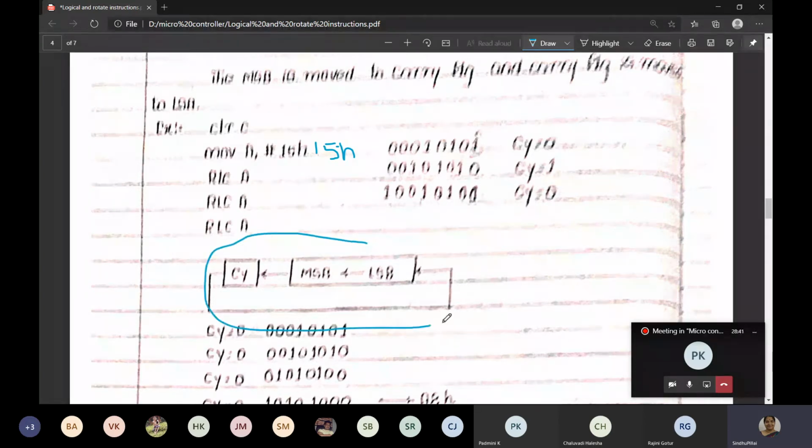See, listen carefully here. What they have done here, whatever is in the MSB, that will go for carry. Then that carry will come for LSB. Whatever we have in MSB, we have 0. That 0 will go for carry. Then it will be shifting. So in 15H, the first 0 will go, and this 0 will come here, this 1 has come here, this 0 is here, this 1 is here. So in carry, what was there? That was that 0. What was there in the carry, that will come for LSB. Getting it? This 0 will come back.